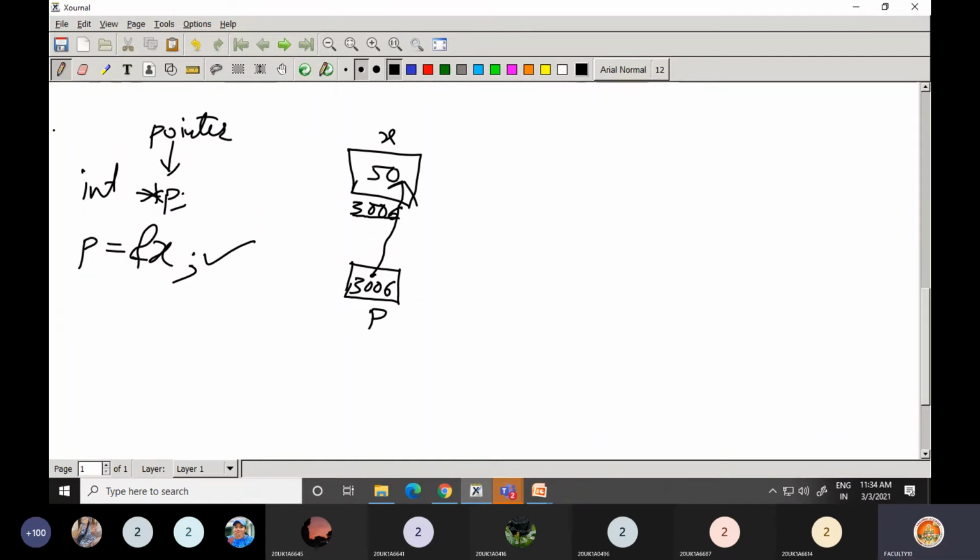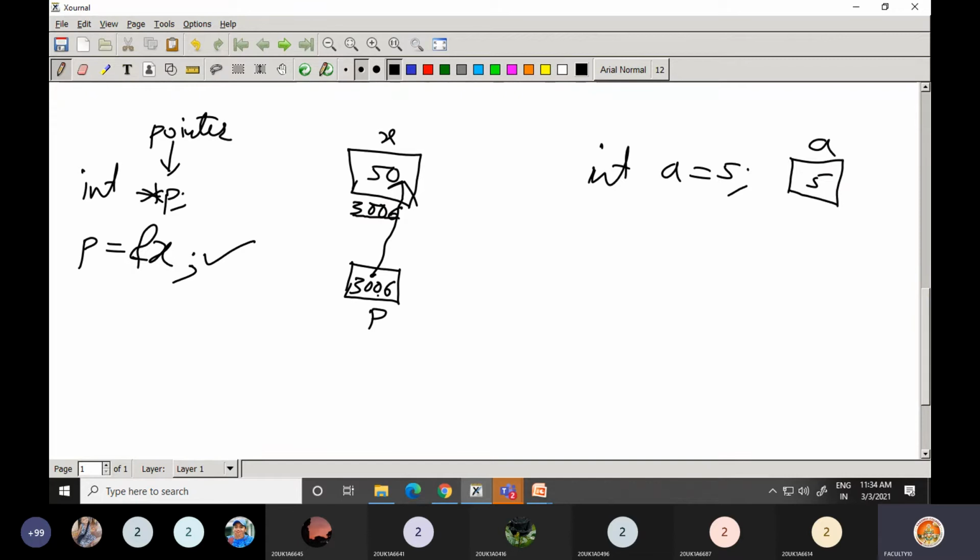In variable p. We said that when we have a variable like this, say something like int a is equal to 5, memory is allocated for a and 5 will be stored, and this box is given a name. When you want to print this value 5, what do we do? We use the name of this box. Yes or no? If you say print a with percentage d, then the value present in this box will be printed.